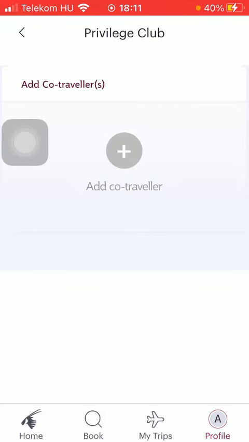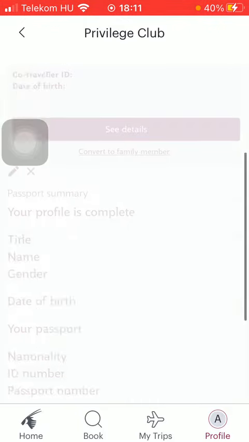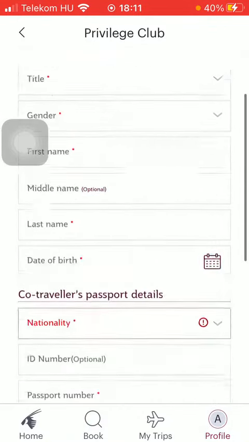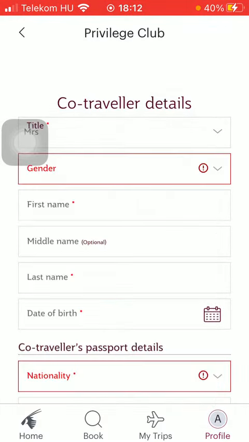Tap on the Add Co-Traveler button in the middle of the screen, indicated with this plus icon, and then you should add the title of this person. So go to the top, add the title, then the gender, first name,